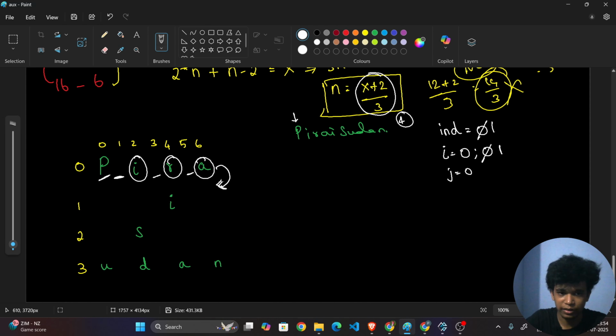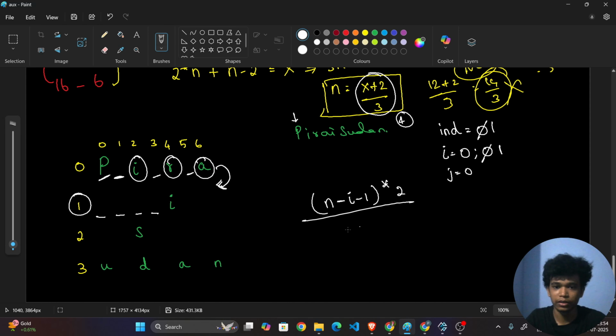next, now see here how many spaces I want to leave. 1, 2, 3, 4 when i is equal to 1. So what is the relation between this space and i? I can tell you that n is 4, right? So (n minus i minus 1) into 2. This is the number of spaces I want to leave in front of it. Which means (4 minus 1 minus 1) into 2, which is equal to 4 spaces I want to leave